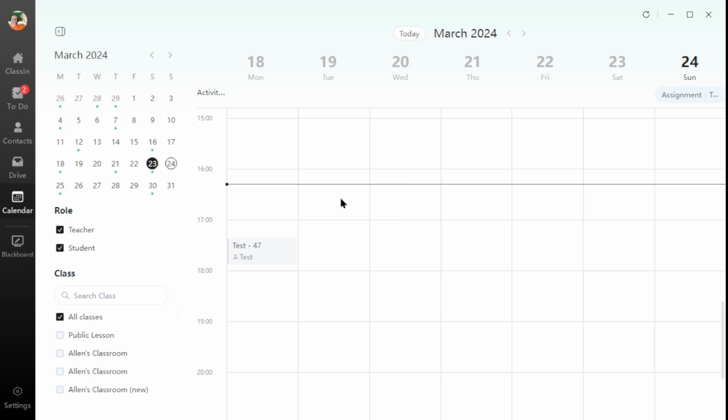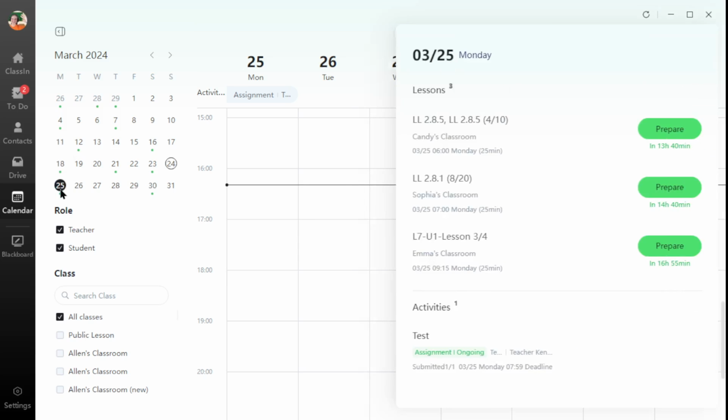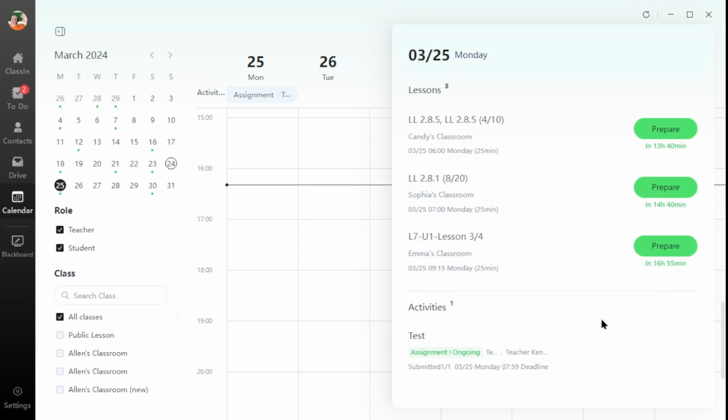Another thing that they added, which I found kind of digging around, I noticed that when I clicked on a date, there was a section that said activities, and I had to ask, what the heck are the activities? That's homework. So any homework activities you send, it will show up on the due date that you selected. I usually don't even select a due date. I just make it no deadline, so mine would not show up, but I did a quick test just to see what it would look like, and it actually is pretty convenient.